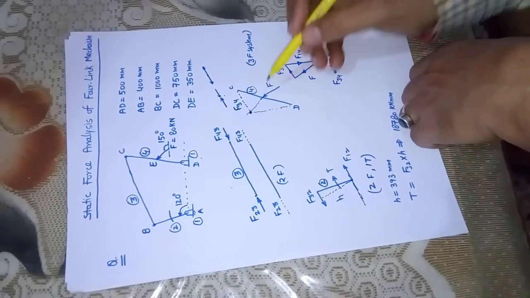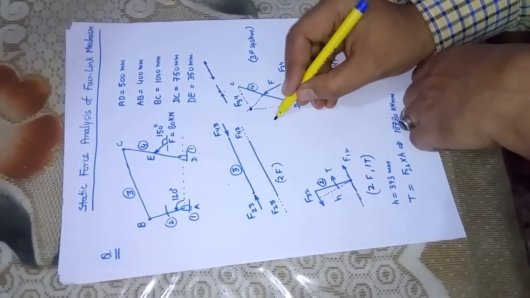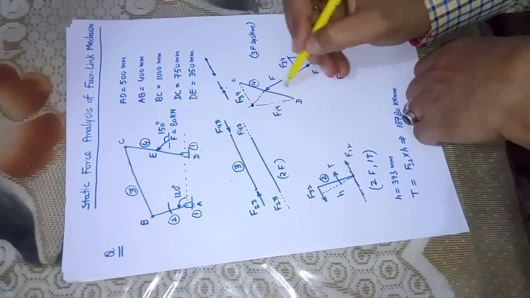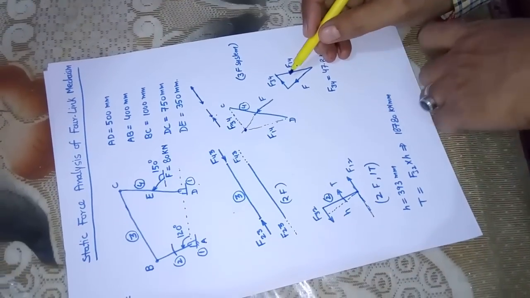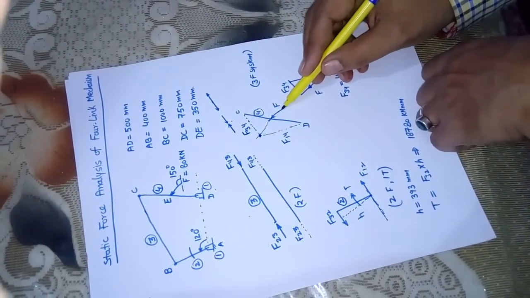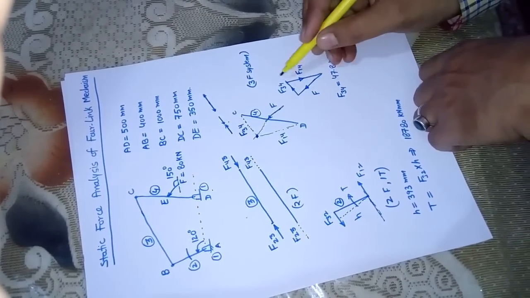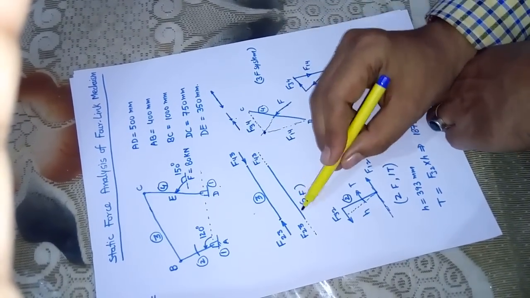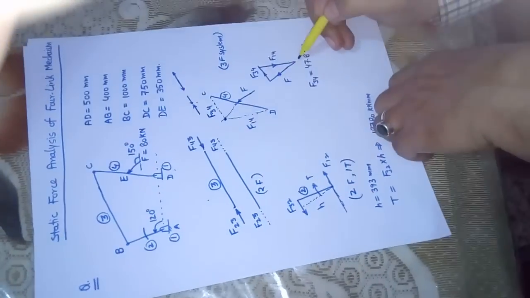This link is in equilibrium because of three forces, F, F34 and F on 4 because of 1. Now I can make a vector triangle of it. That vector triangle will look like this. I'll assume some scale. First of all I'll draw vector F, parallel to this F. Then I'll draw a line parallel to F34, that is parallel to this link. I do not know its arrow again, but I'll draw it parallel to the link that we have drawn.